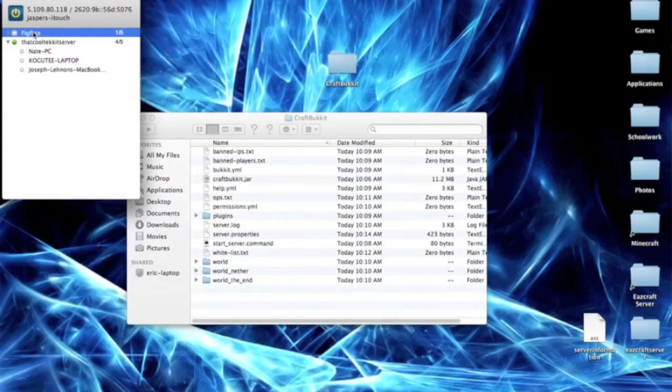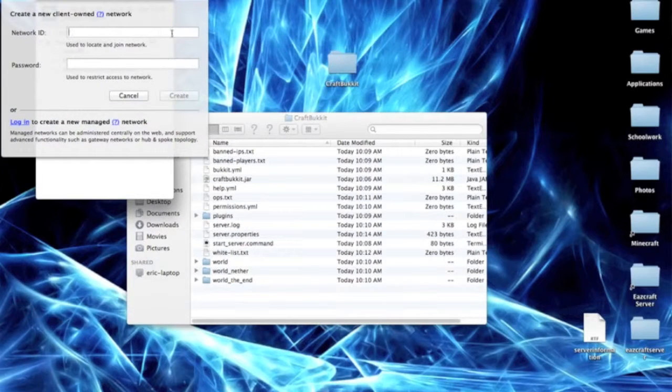So you need to make your own network. If you're joining somebody else's Hamachi server, you're going to need to go to network, join an existing network, and put in their information. Then you'll be able to join their server. But if you want to make your own server, click on create a new network, put in your network ID and a password. So let's say EasyCraft